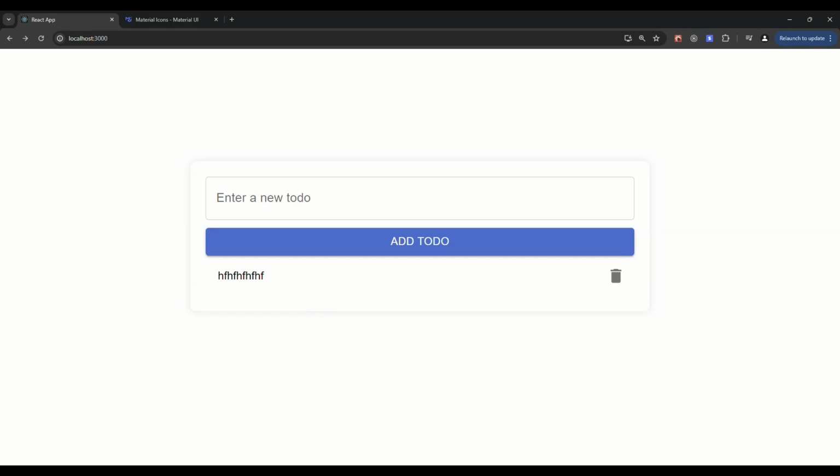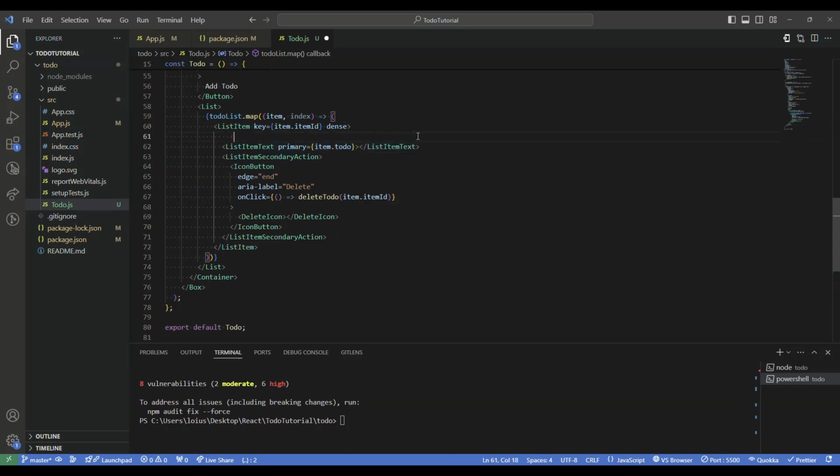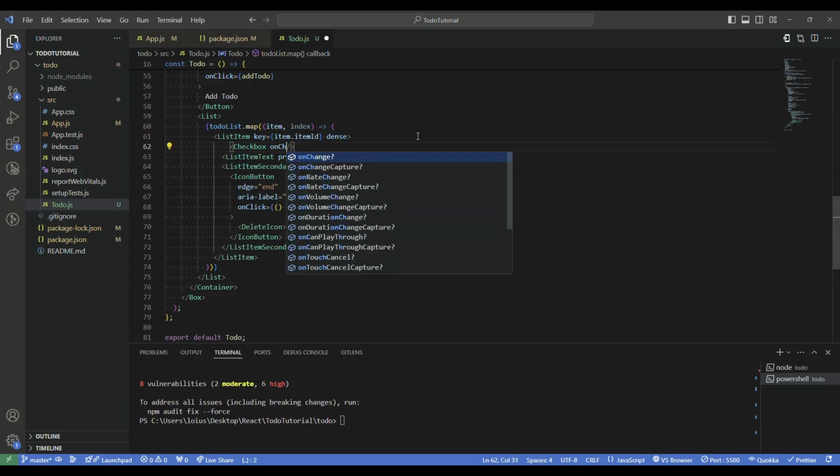So I'll be going back to Visual Studio Code, and right at the top of where we have our to-dos displayed, I'll be putting a checkbox at the top. Checkbox, and this checkbox is a component coming from Material UI. Save, and I want to add a quick onChange event on the checkbox. So when we click on it, it's going to trigger that we have something being changed on our checkbox. onChange,